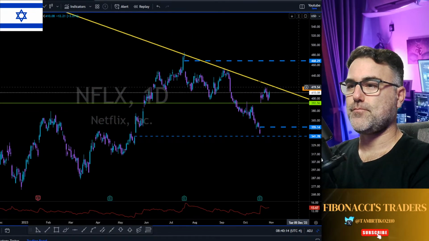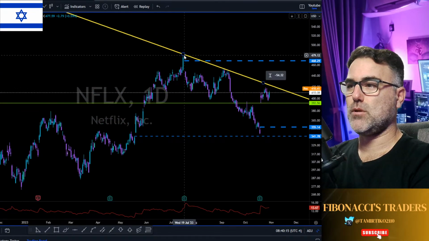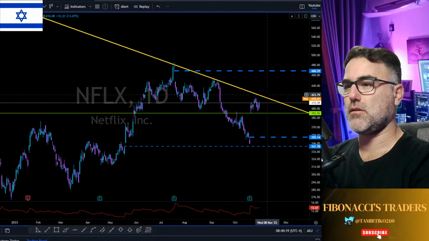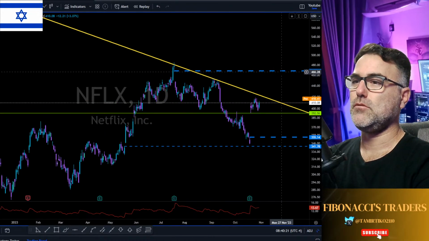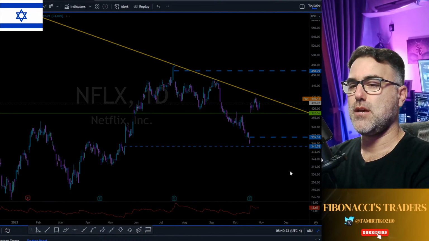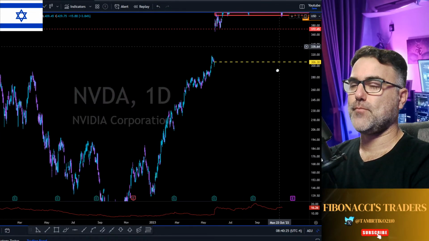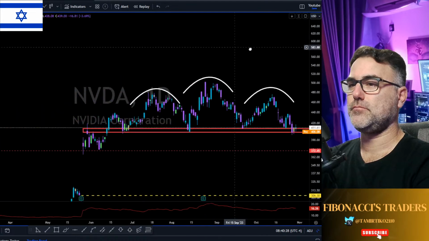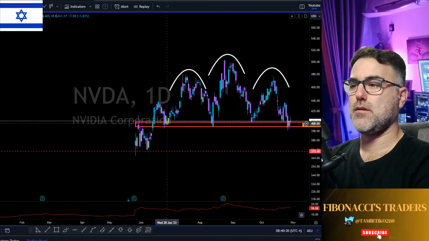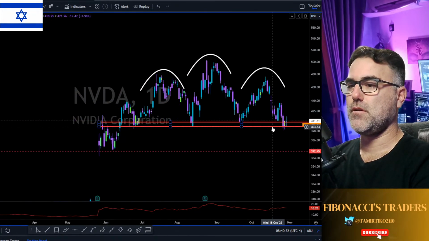Netflix, I want to see a break and a close above this yellow trend line, and then we will start our long position towards this gap at the 467. Nvidia, this red zone is still holding. Very important area of support. Below it,